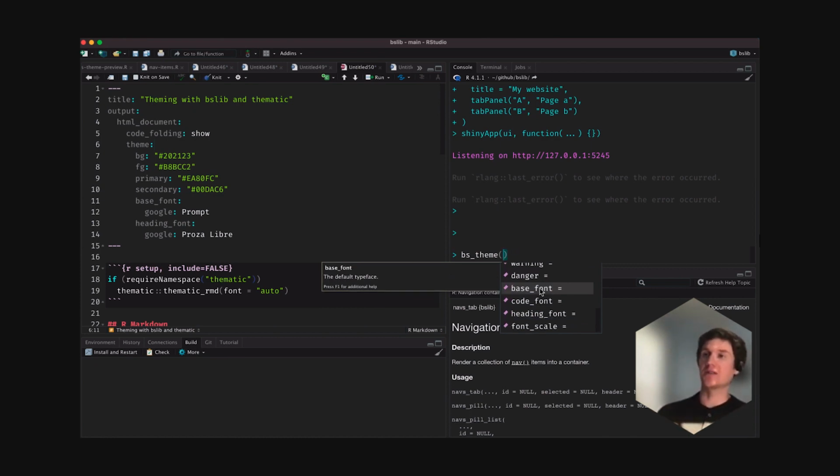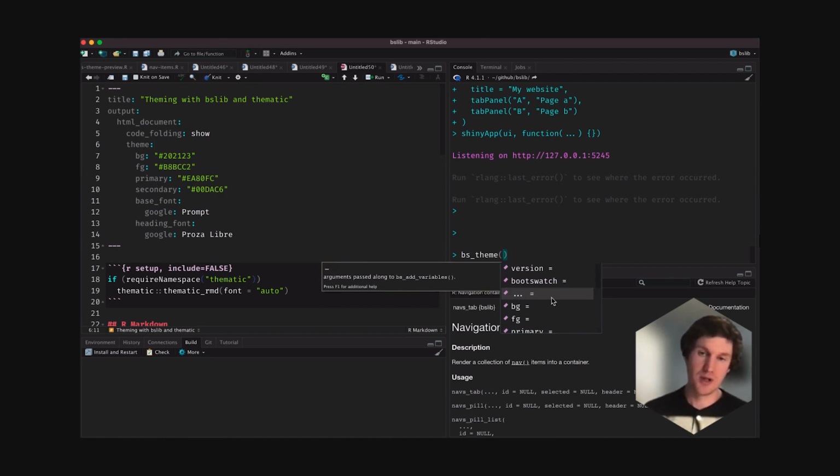So the base font is going to be like the global font setting for everything on the page. Code will target code blocks, essentially, and headings for things like titles. And then you can also do some things like scale the fonts to larger sizes. And eventually we'll get through,